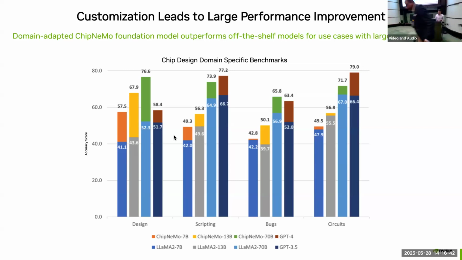And as we start to look at some of these other collections of tasks here at the bottom, the one thing that remains constant is that by using a domain adapted model, we are always getting an increase in our performance on the particular task. In some cases, we're beating or outperforming GPT 3.5, and in a lot of cases, we're on par with GPT-4 as well. But the moral of the story with showing this full collection of tasks is that you can't necessarily have a super large performance gain for every single task. It comes down to what data you're using for your domain adaptive pre-training.